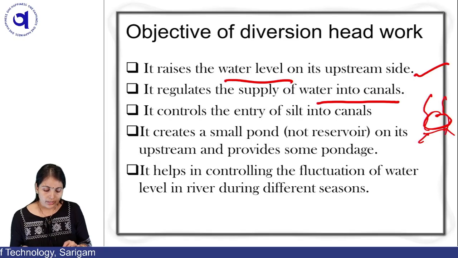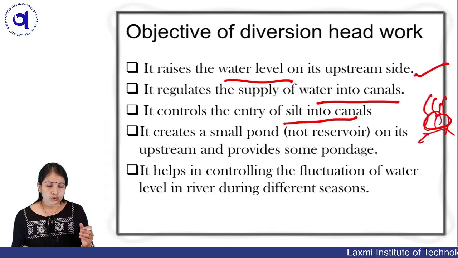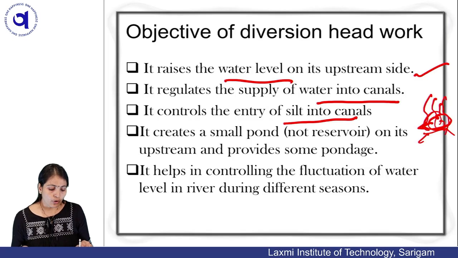It controls the entry of silt in the canal. This is very important, the entry of silt. So the water flows with some velocity, and the water may contain silt and some dissolved solids. So this can be filtered. This water becomes still over this surface, meaning stagnant over this area, and then the top of the water will get